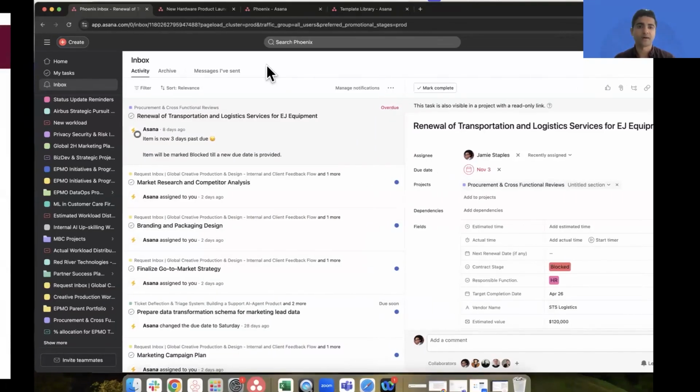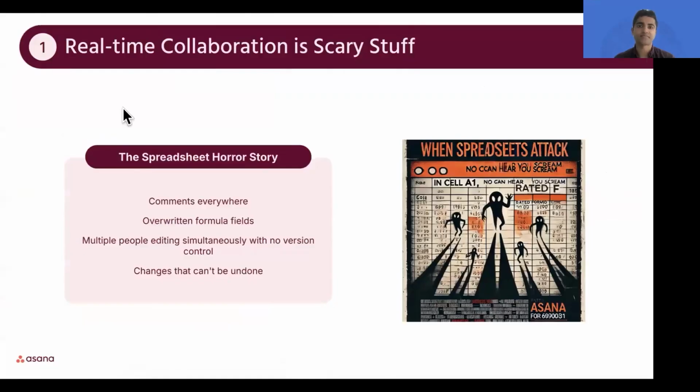I'm going to pass it back to Tim. Yep. Thanks, Coop. So what was invisible or scattered is now visible and consolidated, right in the context of the work versus buried in email or messaging apps, or even worse, personal meeting notes. It's so much more efficient, there's so much more clarity, and it's a better way to collaborate.